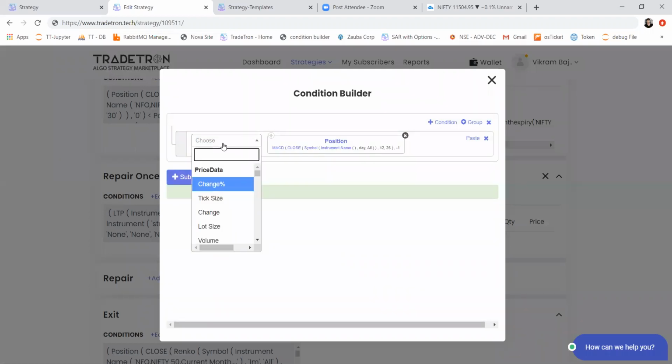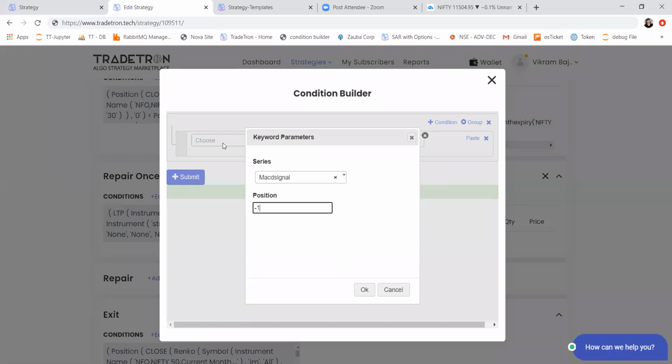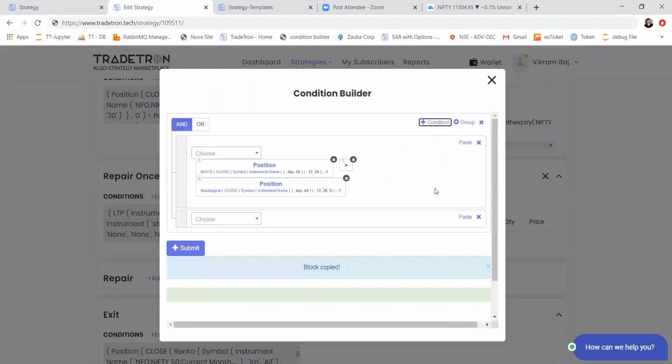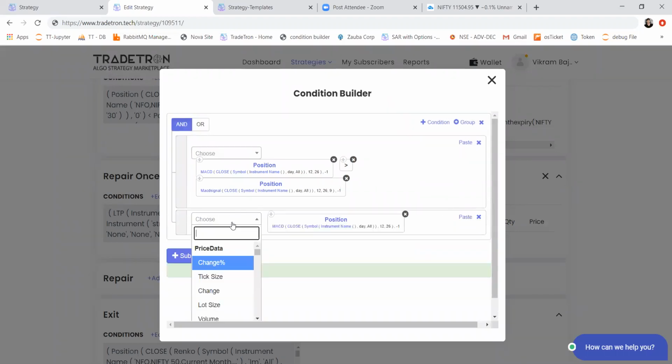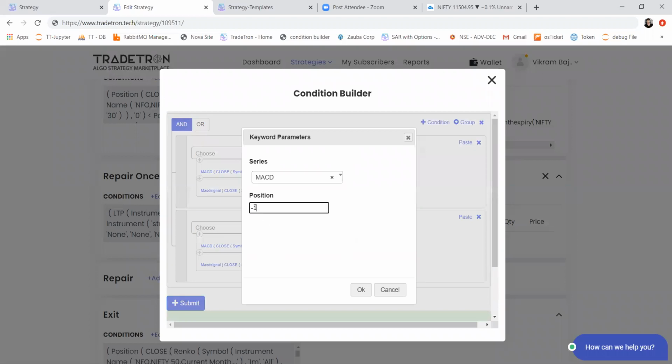So if MACD is greater than position MACD signal -1, again you have to fill in the parameters. Then you can just copy this, paste it, change it to less than, and change it to -2 instead of -1.